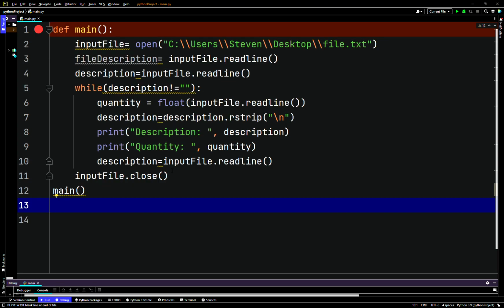Okay, so what can we do? We can look for, actually I might have to write the file again. In that case, well, what we could do is we could say